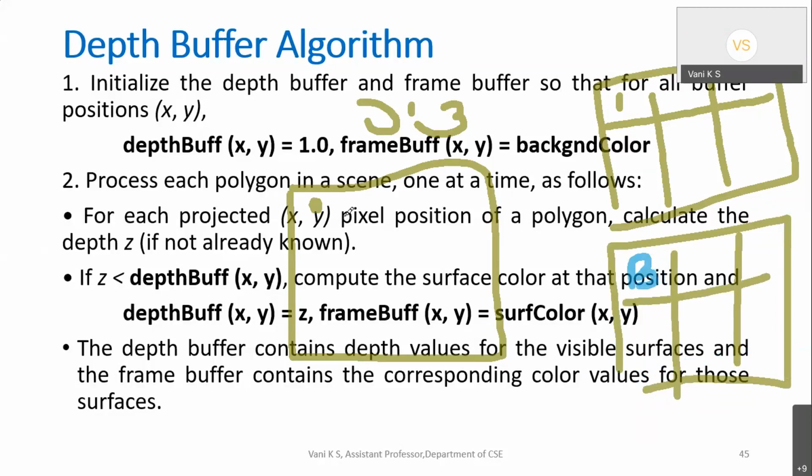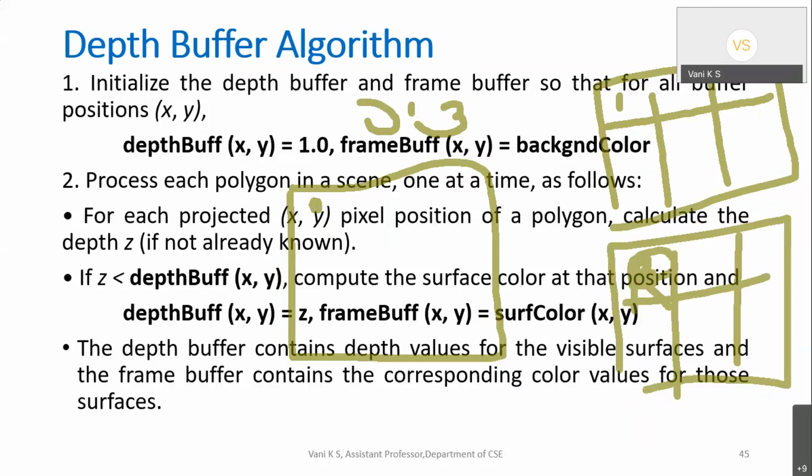Now you understood that the depth is very small here, so that depth information I stored here. And whatever the foreground color of this pixel is, that color will be stored in the frame buffer, which was already the background color. Then I stored it as some red color or something, because that was the pixel color. So like this, it keeps running for all the faces, all the pixels of the polygon. And finally, the contents of the depth buffer and the color buffer will be displayed.